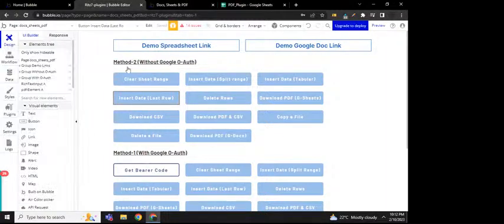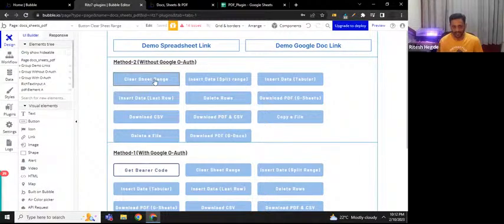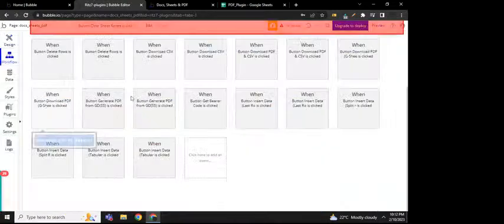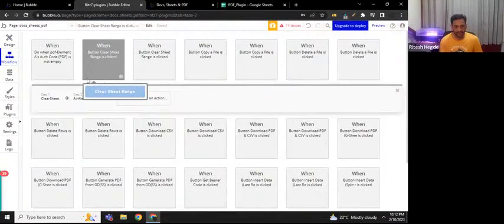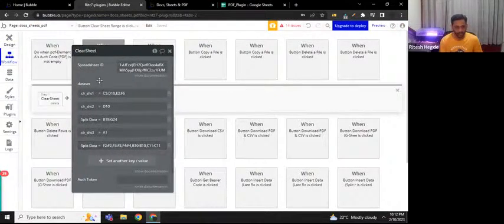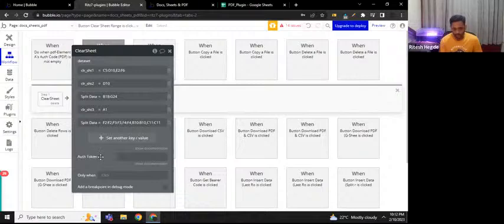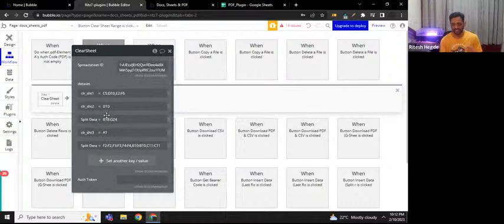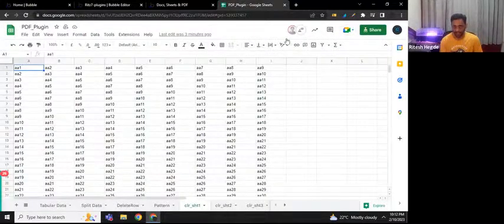Okay, so let's start with the clear sheet range. I'll first go with the one without Google Auth, because the only difference between without Google Auth and with Google Auth is we just have to add the auth token and nothing else. Okay. Perfect. So like I mentioned, I just go here, and here is the clear sheet range. And if I go here, you see that the auth token is left empty here. This will work only if the sheet is either made public or shared with